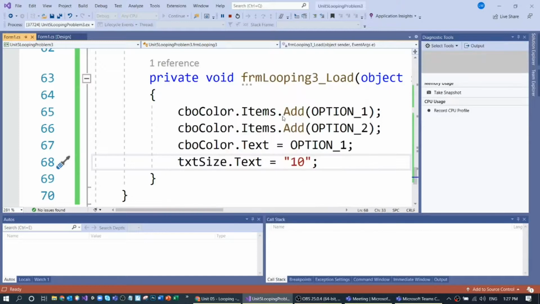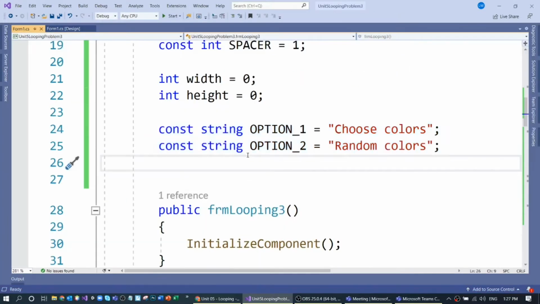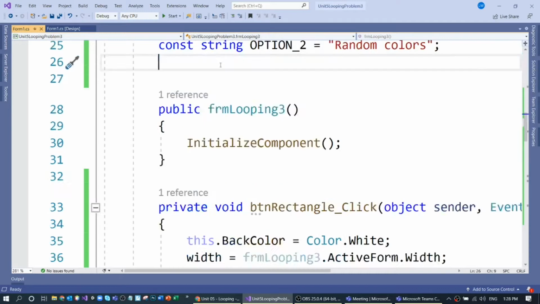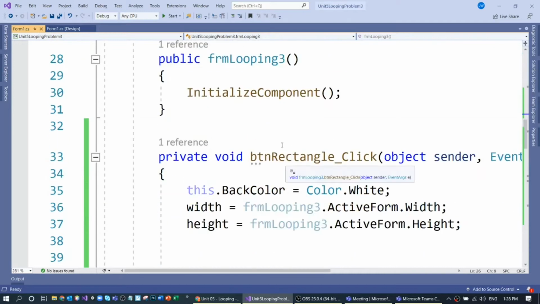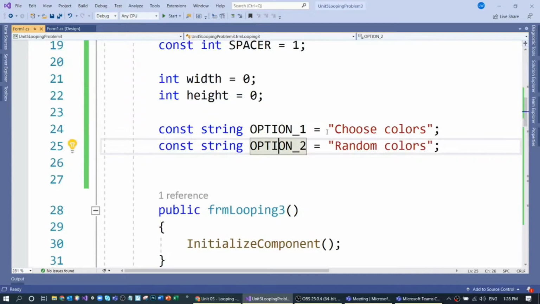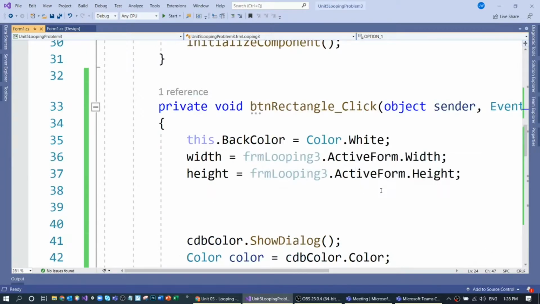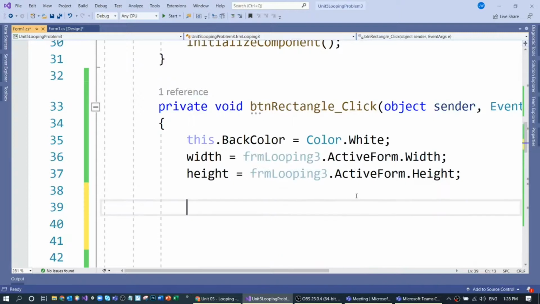Okay. Now, you might have wondered, why did I bother putting these into global variables and constants for this? This will come up later, because now, as we go and build a button, whether it's a rectangle or a triangle, we need to know which of these two options they chose. Did they choose option 1 or did they choose option 2? And since we'll be using an if statement, we want to make sure we spell this exactly the same way. So rather than worrying about typing it exactly the same, I can use my global variable. So now I can say if,